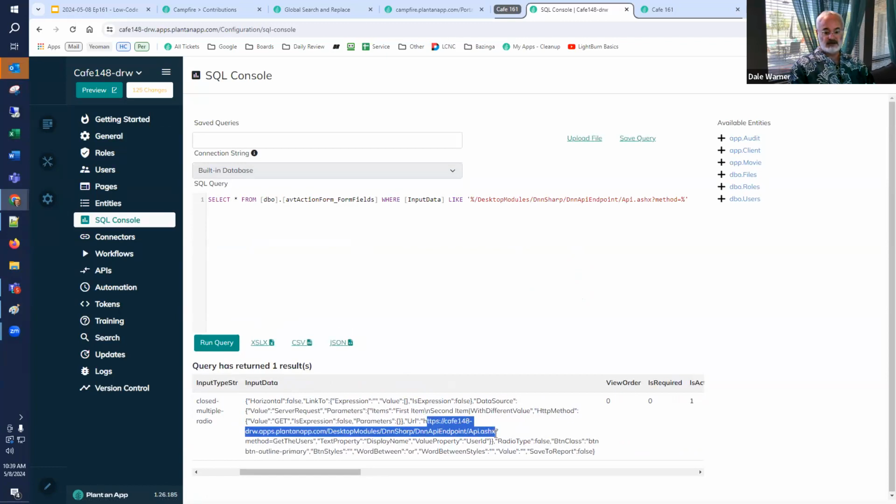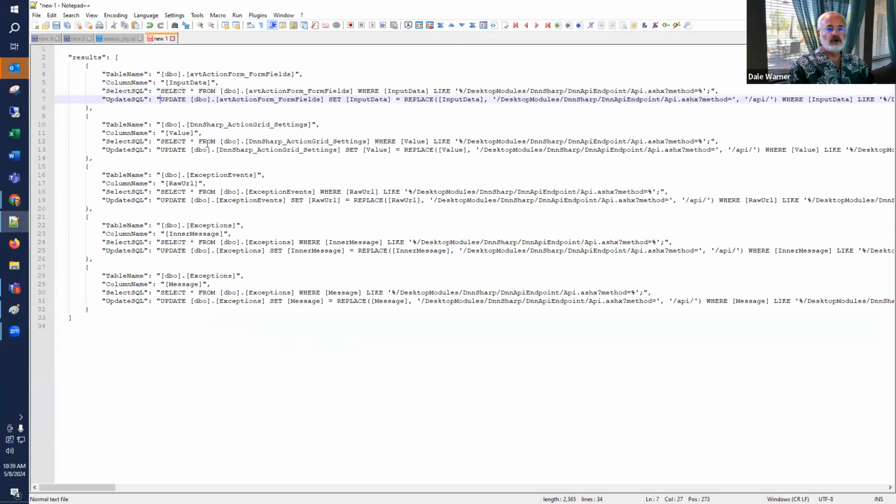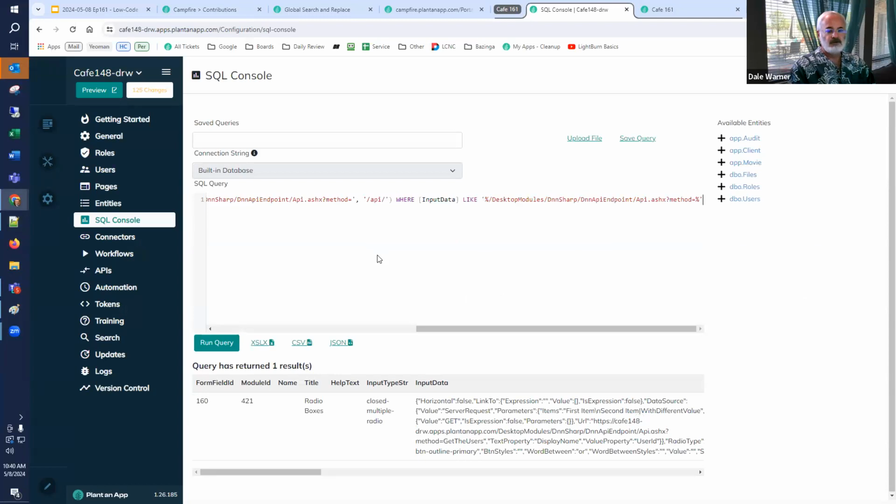This is the actual definition within that form of where we're calling our endpoint. So this is just showing you, oh yeah, this is where the data is. So you could use this as, for example, an opportunity to go fix it manually one by one. You can use this data to do that. But we're comfortable with it, we very carefully specified our replacement when we ran the query. So, we'll take a look at this